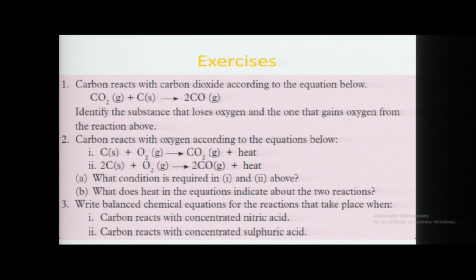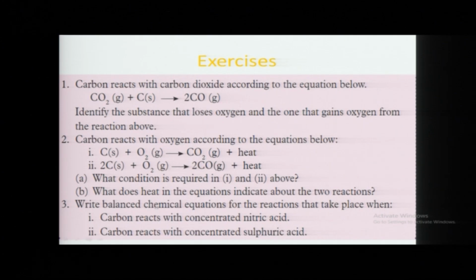So I've said, whenever you see heat, what does it indicate? There are some equations where we don't see heat. So for those where you see they put heat, production of heat here, what do we call this? What does it mean? Good. So the last question is,